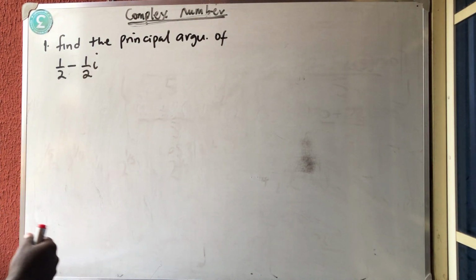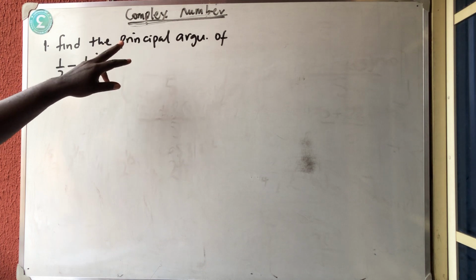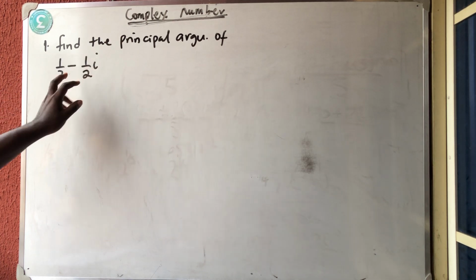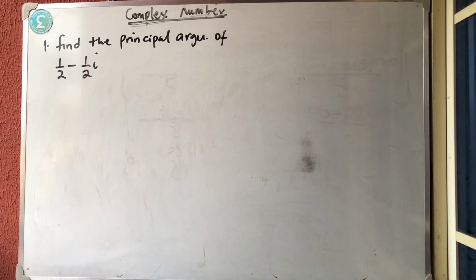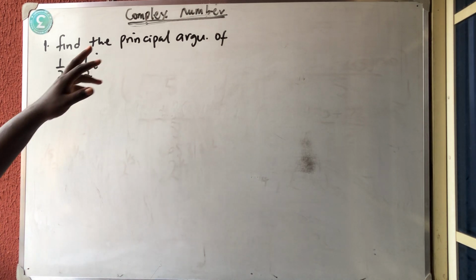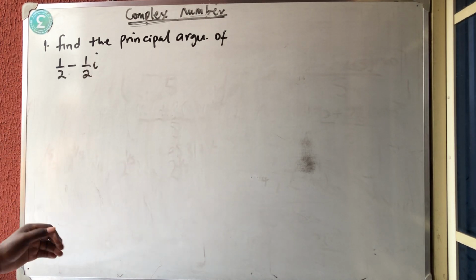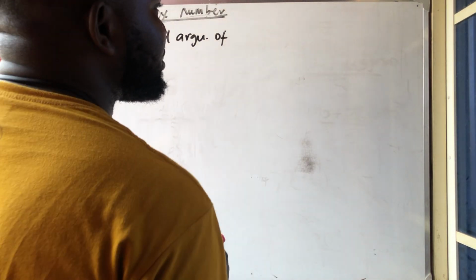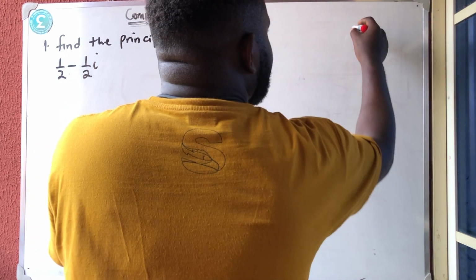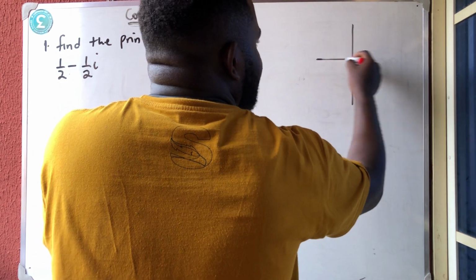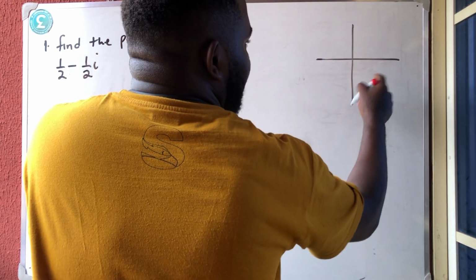Okay, from the past question. The first one said, find the principal argument of this. I noticed that when they want to ask you principal argument, they ask you principal argument on the fourth quadrant. If you look at it, this is the fourth quadrant. Why? Because the normal argument is the same thing. In fact, it's the same thing you will get for first to third quadrant. It's only in the fourth quadrant that you have